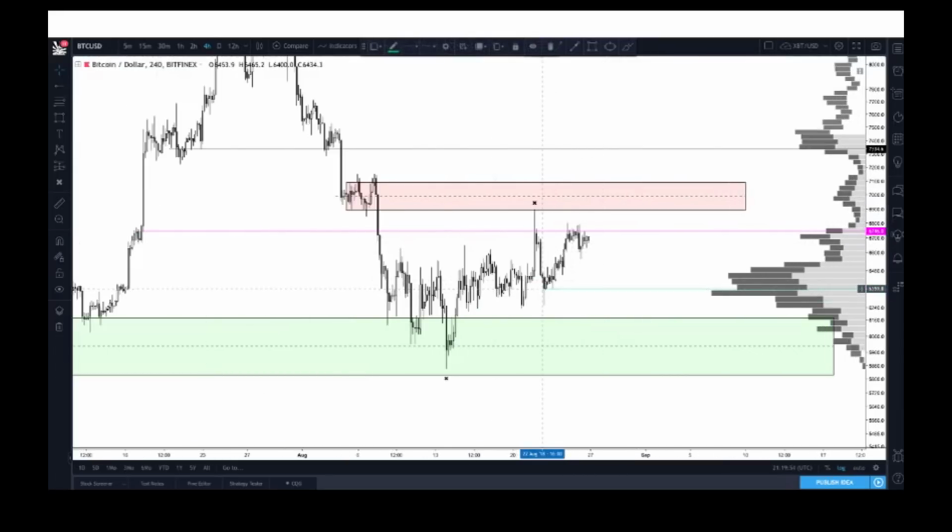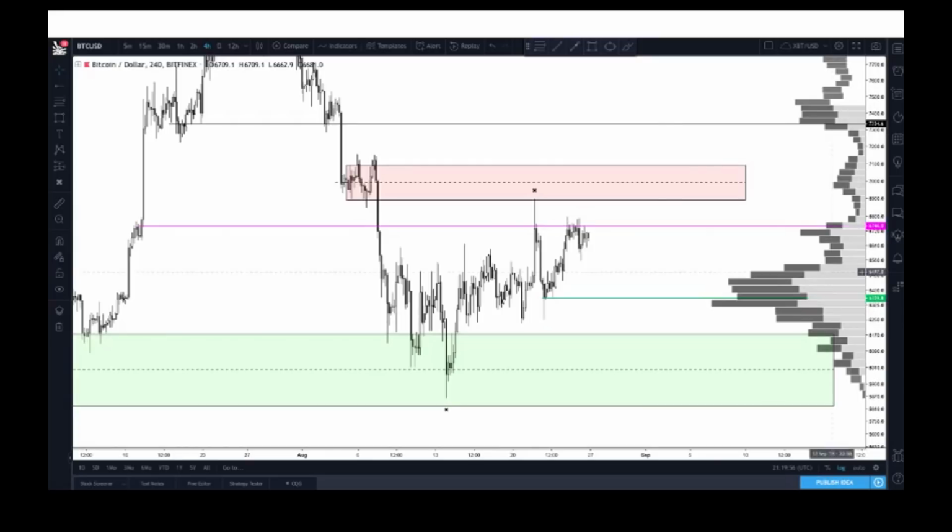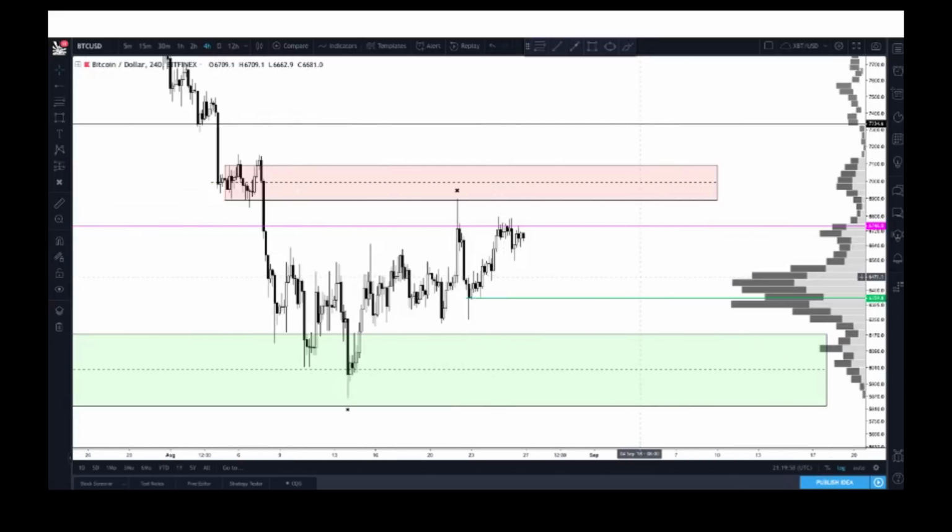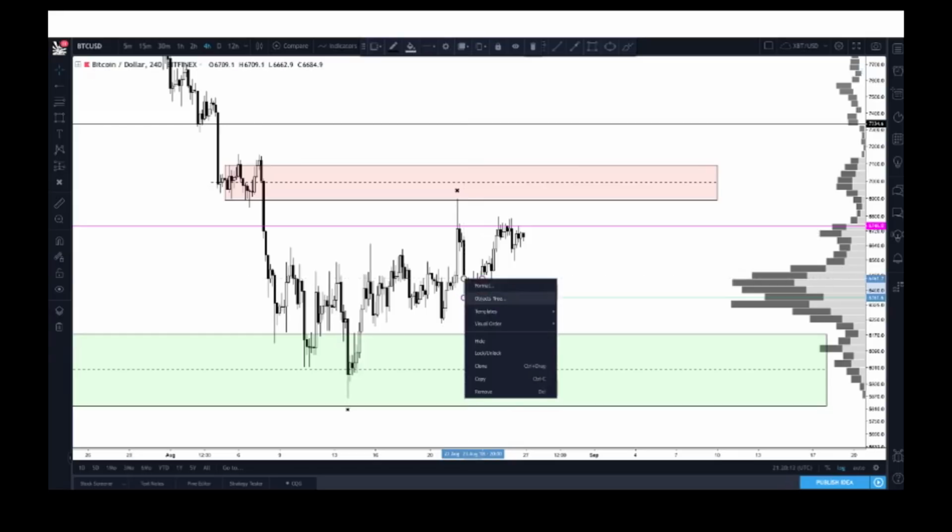Okay, now when it comes to the 4-hour, there's many other things you could do here as well. In my top-down analysis, as you guys have seen, I like to draw my ranges. I also like to do sell model or buy model analysis as well. So as you guys can see here, the major sell model that I'm currently seeing is this one that's pretty